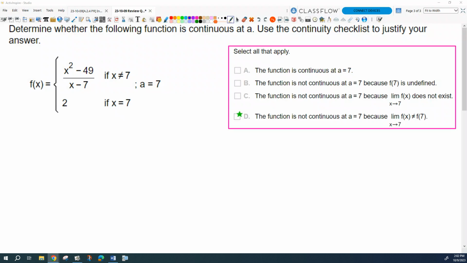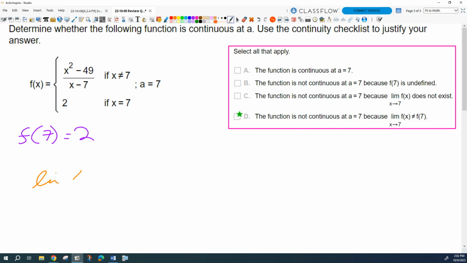So let's look at this. What happens at 7? Let's take a limit and find out. What is the value, by the way? F of 7 is what? 2, right? F of 7 is 2. We just need to know what the limit is, if the limit exists, and if so, does the limit agree with that? Okay, so the limit